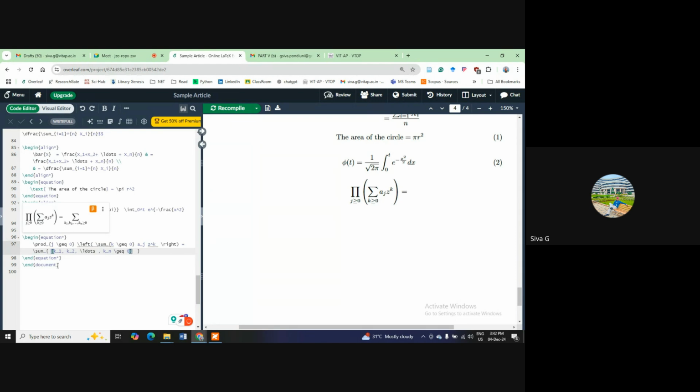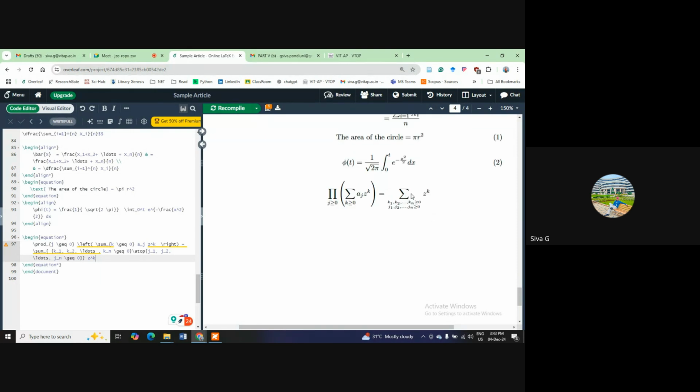For this, I want one more line using \atop. \atop gives us one more row. Let us take a top here. Now I want one more thing, that is j_1, j_2, \ldots, so three dots, and comma j_n. All these values are greater than or equal to 0, \geq 0. So both are over. Now beside the sigma we want z to the power of k. Let us take that. Now if I execute this one,